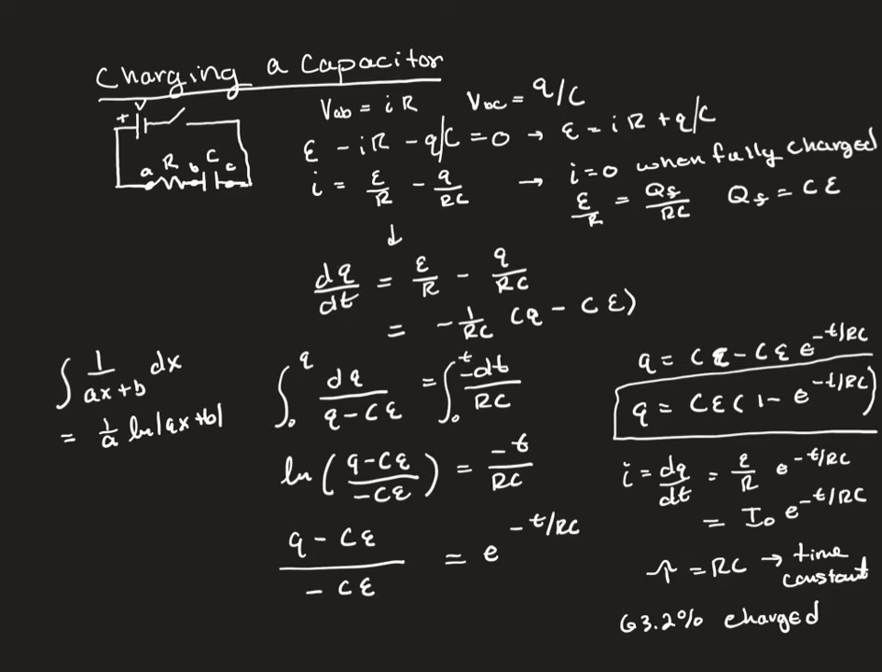Alright, so in this video we are going to discuss RC circuits. So we're going to have a circuit where we're going to put a resistor and a capacitor in series with each other, hooked up to a power supply. So when we look at the voltage across each circuit element, we have a voltage from A to B across